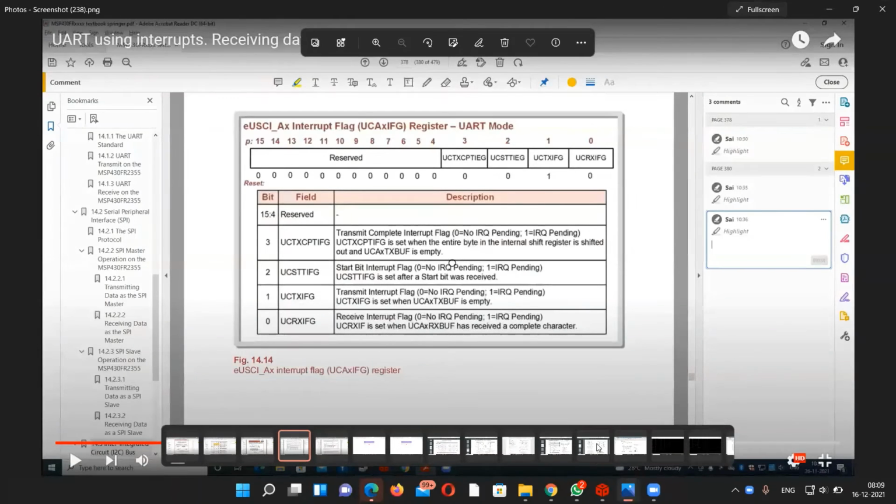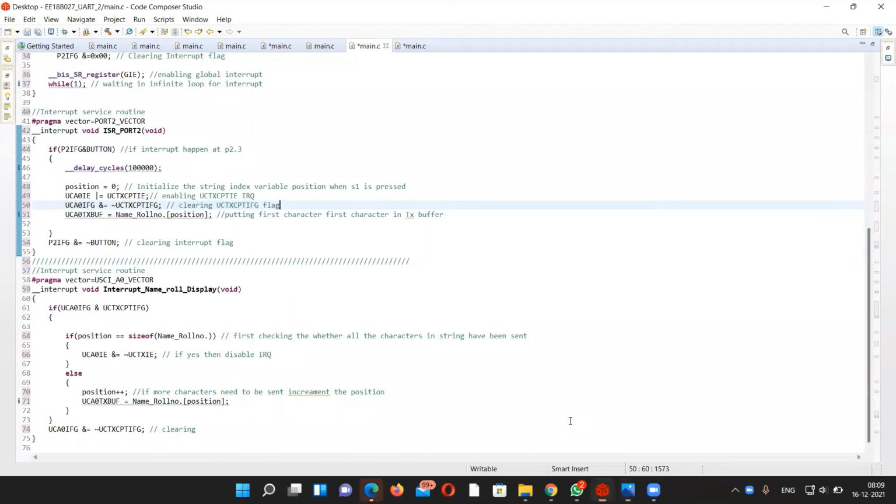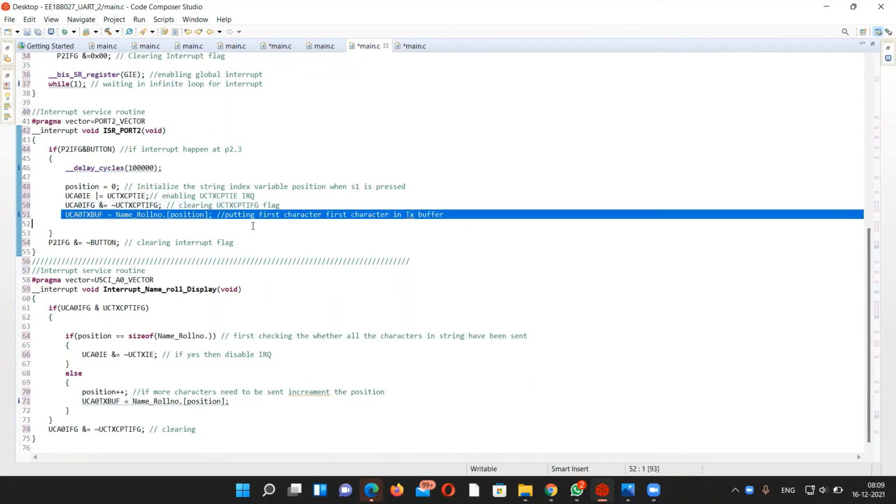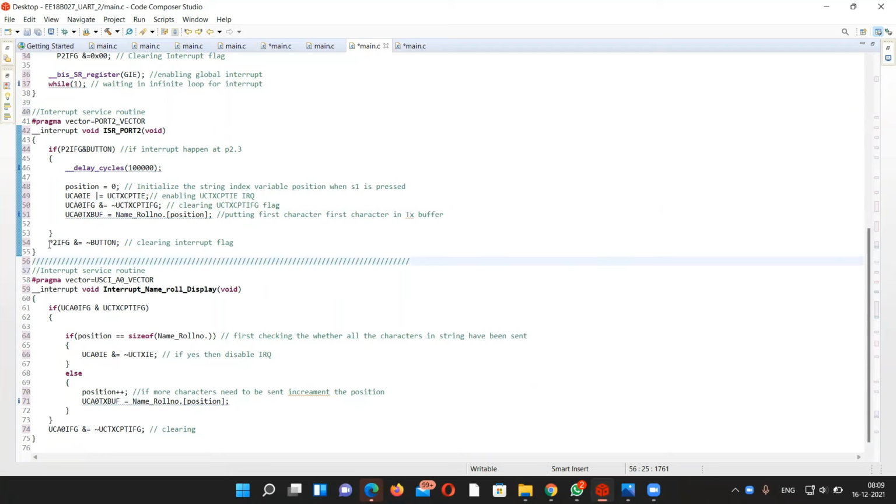From that we need to code it, for mixing the interrupt and transmitter. So here we would put each character into the transmitter buffer, and after executing this interrupt service routine, we clear our interrupt flag, and then we go through this USCI_A0 vector.